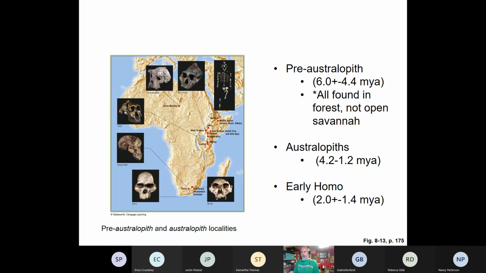Most noteworthy, look at where these findings are located. They're in eastern Africa, Olduvai Gorge, this Rift Valley area that we talked about on Monday. This Rift Valley area is a volcanic zone, a gold mine for finding fossils, and we've looked at how fossils are created and why this is such a rich bed for creating them.